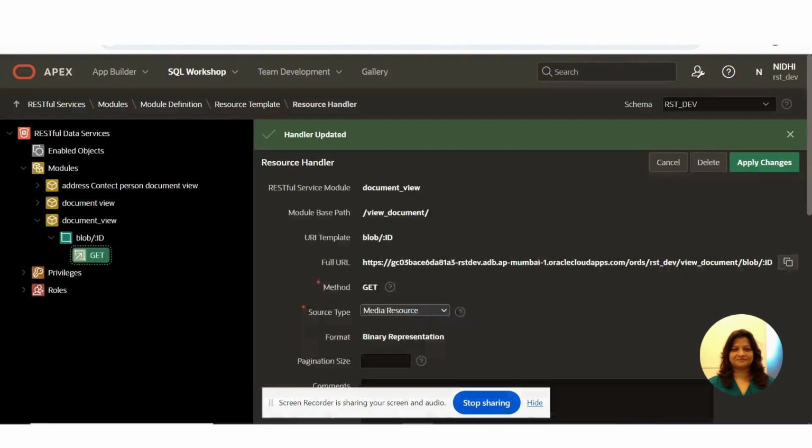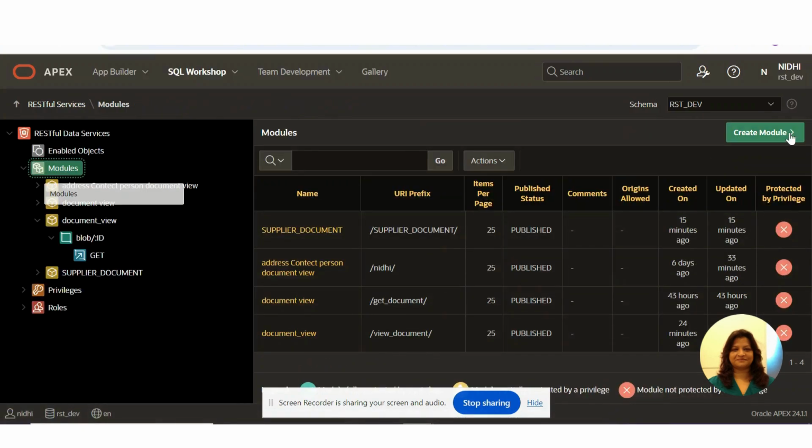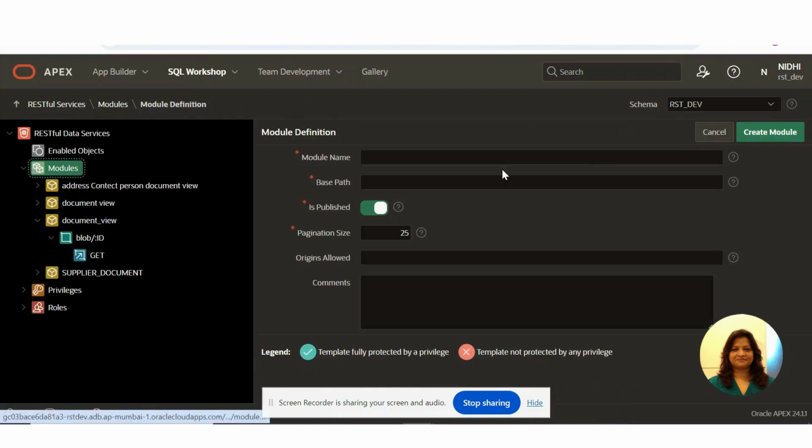So we have to use the services. I already created 1, 2, 3, and 4, all with the type handler method. So I created a new one for you, with module name contact, then the path contact id document, document.